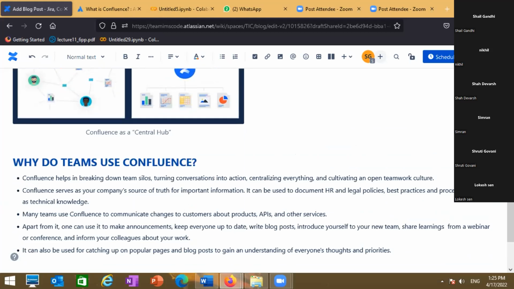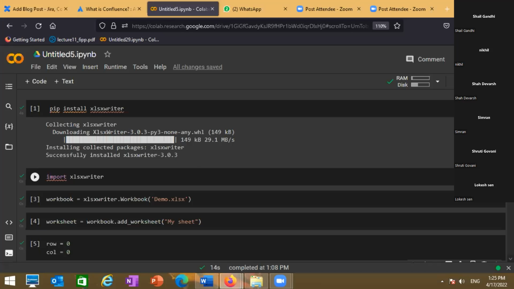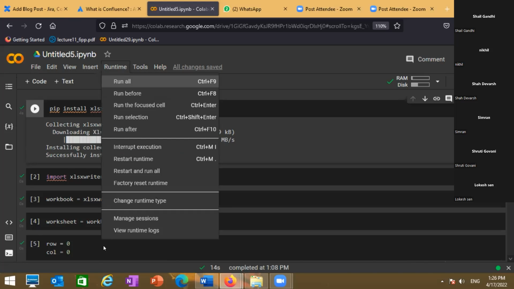Also, Shruti, you were talking about how you put your efforts on the code. Would you like to share it? So actually, as you told Nikhil, Devash, and me to work on the code, I didn't get the time to communicate with them, but I did it by myself yesterday night. I have just used Google Colab. Okay, no problem. So I can run it and show it to you guys.